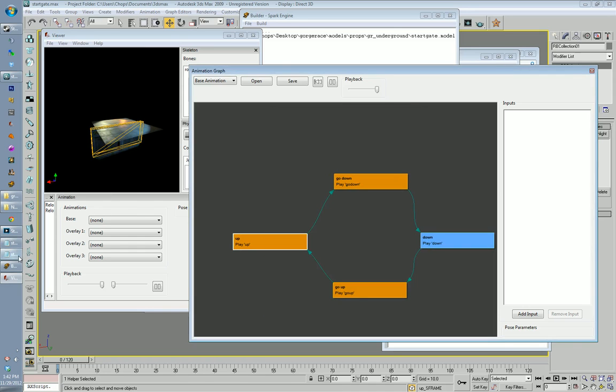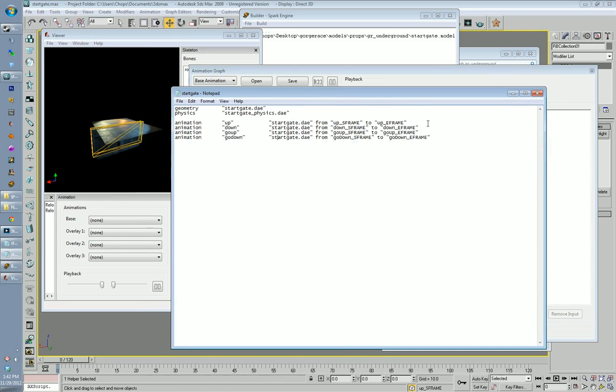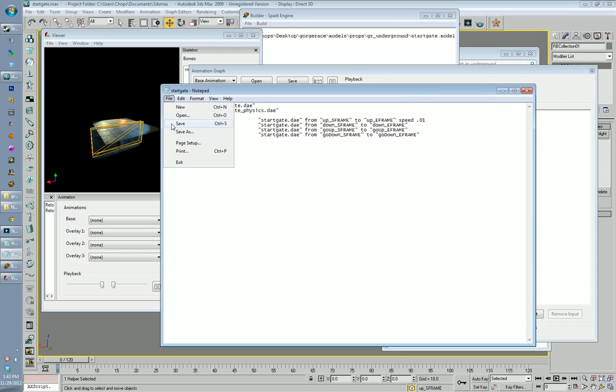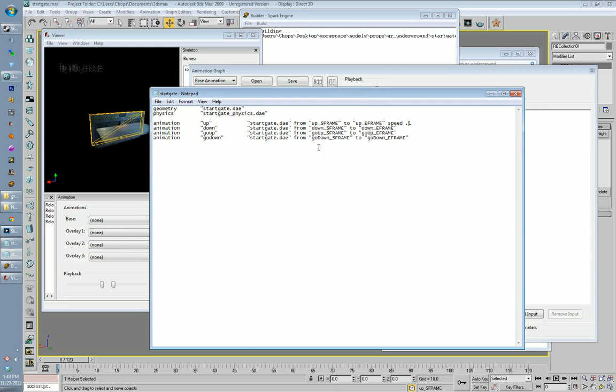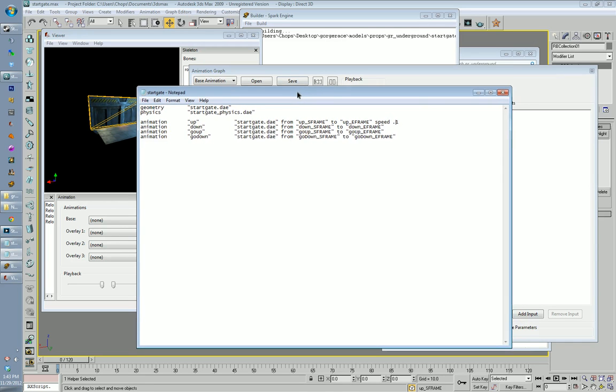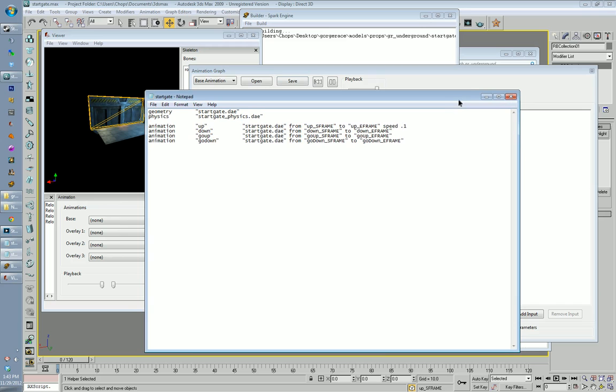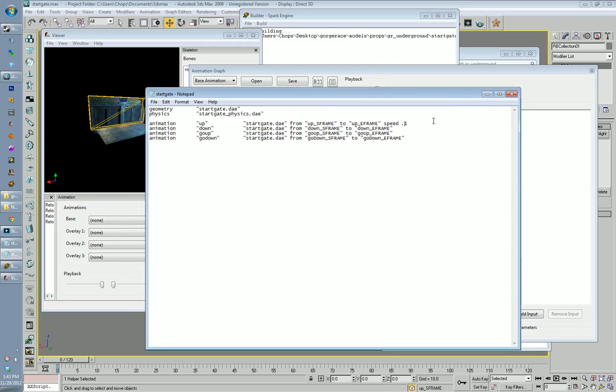Let's go back into the model compiled file. We can adjust the speed here by adding a new line called speed, and we're going to call this 0.01, which will make it much slower. Although, just to demonstrate it, I'm going to keep it at 0.1. Eventually I will probably have it at 0.01, so it will take like 100 seconds to go down. Alright, so save that,